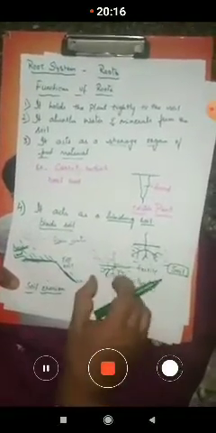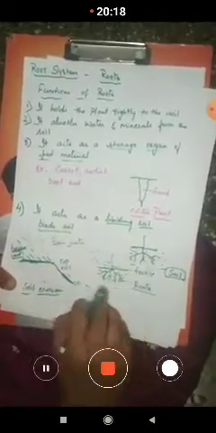The roots, if roots are present in the area, what happens, children, in this area? The plants and trees, if they are present, what happens? The roots bind the soil so tightly that the erosion of the soil doesn't take place, and the topsoil will not be eroded and it becomes a fertile land, and here we can grow the crops, we can grow the plants, we can grow the trees in this area. So this is the fourth function of the roots.